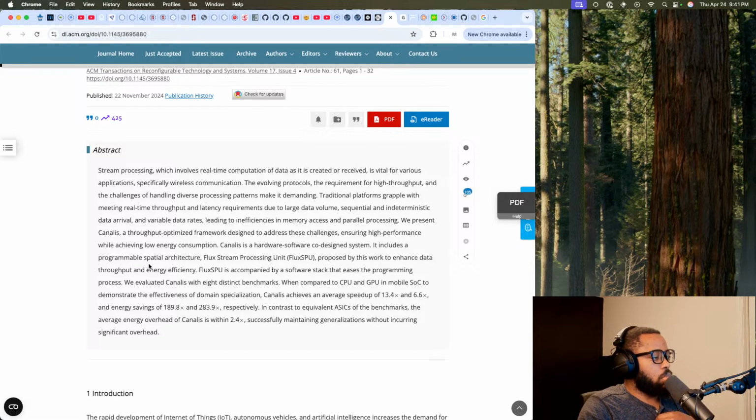It includes a programmable spatial architecture, Flux stream processing unit, proposed by this work to enhance the data throughput and energy efficiency. Flux SPU is accompanied by a software stack that eases the programming process. We evaluate Canalys with 8 distinct benchmarks compared to CPU and GPU in mobile SoCs.